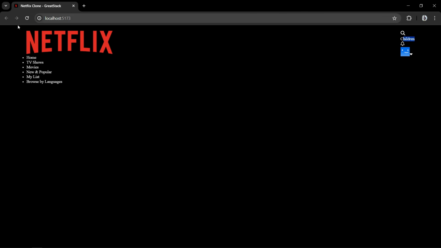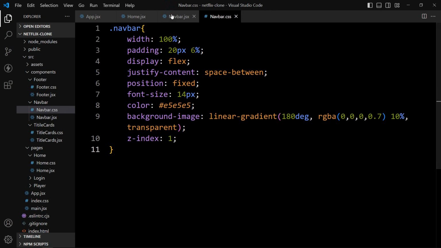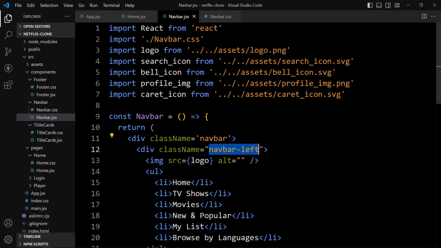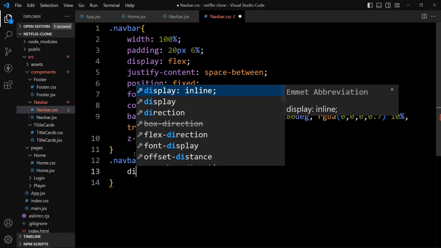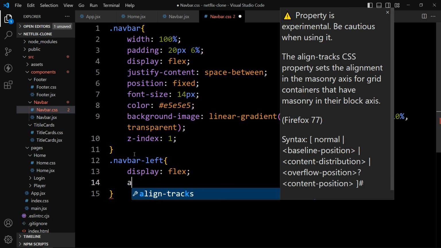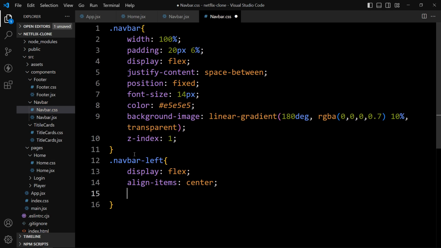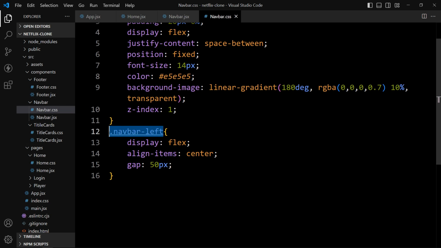So you can see the Netflix logo and text in the left side. Next we have to align this logo and this text side by side. So here we have the class name navbar left. So add the CSS properties for this one. Display flex, align items center, and gap will be 50 pixel between the menu links and image. Now in this one we have the logo.